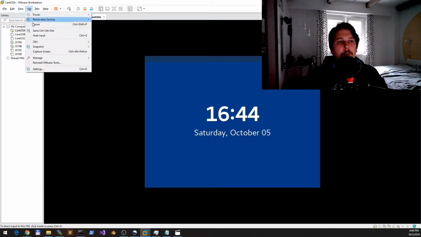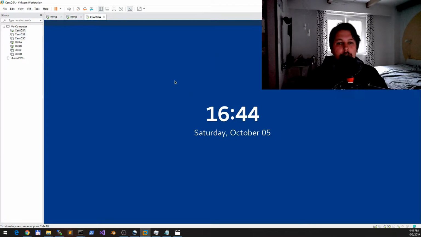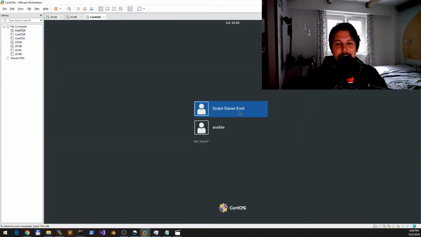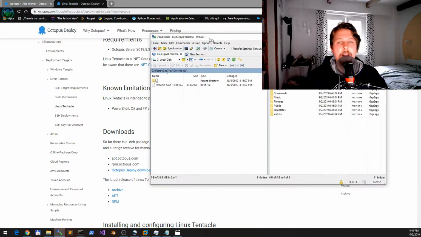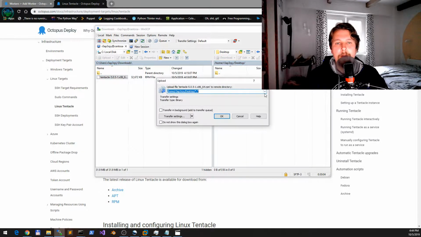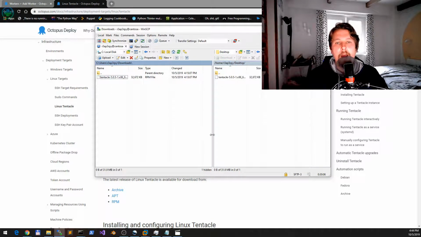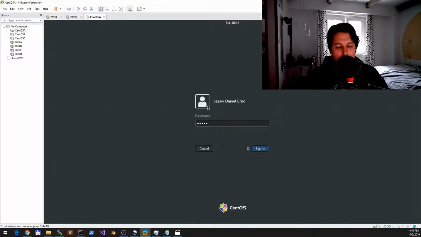Now, what we can do, first of all, is to fix the guest. But basically, I would like to copy my package. And in order to copy this, I have opened the WinSCP. And I'm going to copy it up to the desktop. And now, if I go to my CentOS A machine and log in successfully,